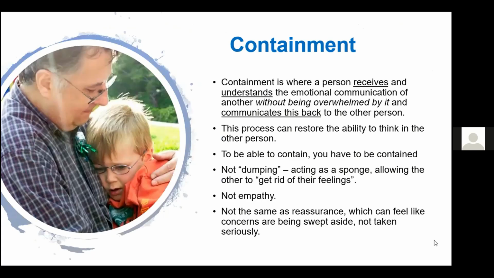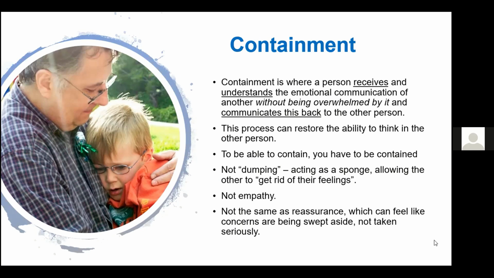Okay, so the first aspect of this model then is containment. And essential to containment essentially is having your feelings thought about and understood, and hopefully handed back in a more manageable form. So that goes back to that idea of the caregiver recognising the emotion that the child is having, and feeding back to them that they don't need to be overwhelmed by it, and that they can manage that and it can be coped with. And they can move on from that. And then over time, the child or young person can then understand their emotions and begin to manage them better.